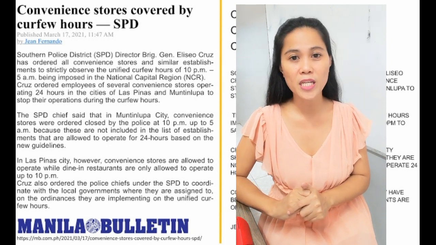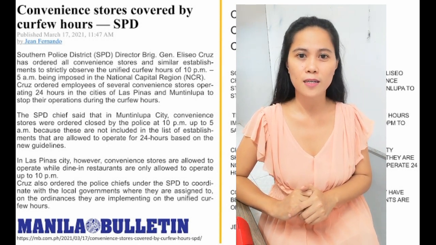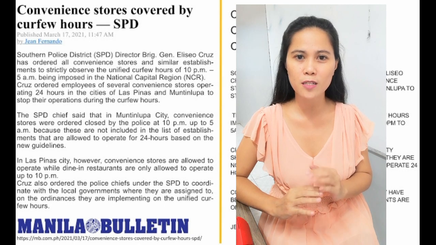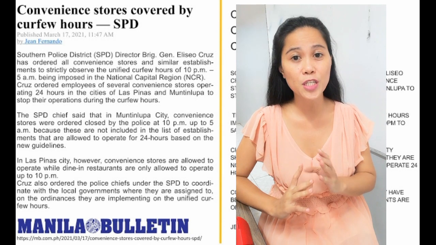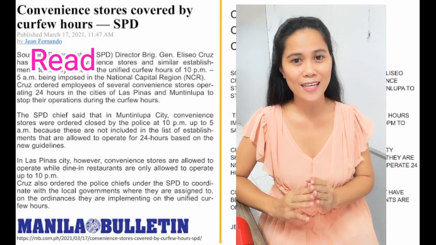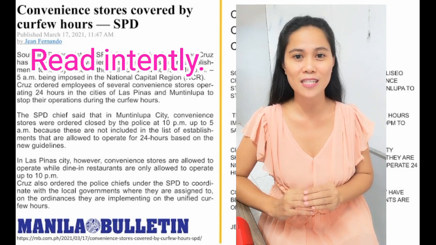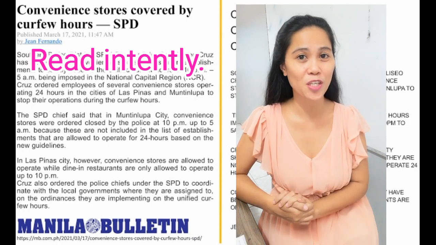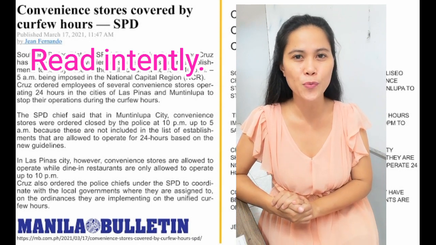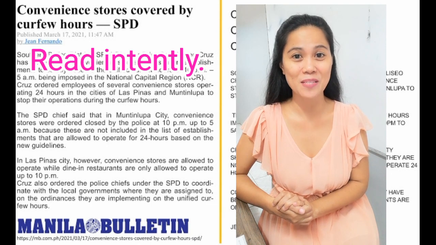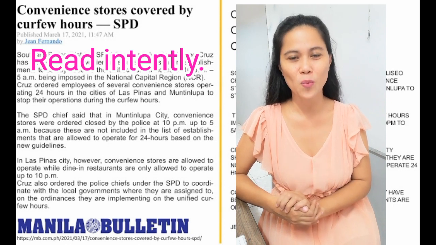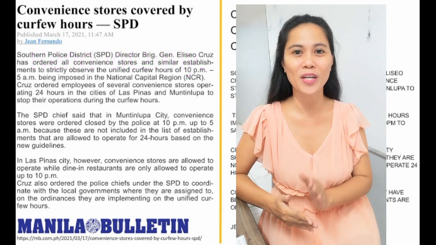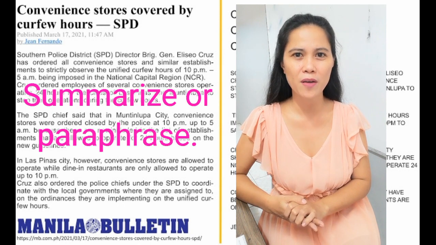All right, so what are the things that we need to consider when we are writing a script, or your spiels, for a radio newscast? The first thing you're going to do is read intently. Just like I told you to read the article. You have to read so that you would fully understand and grasp what the news article talks about, the scope of the story. Once you have understood it, you are ready to paraphrase. What do you mean, paraphrase?